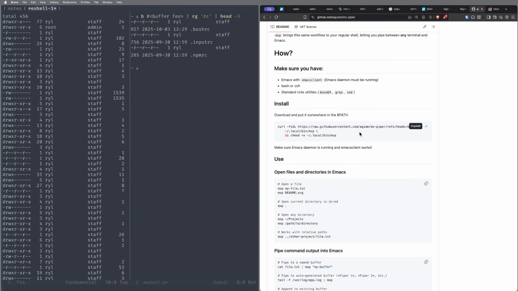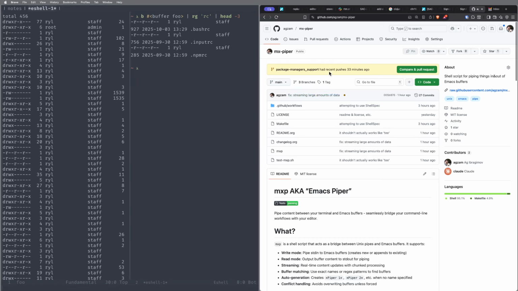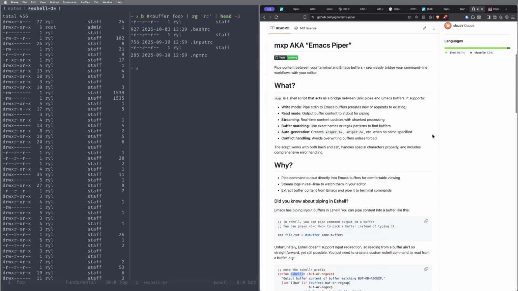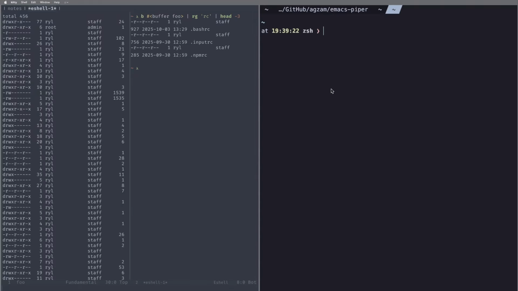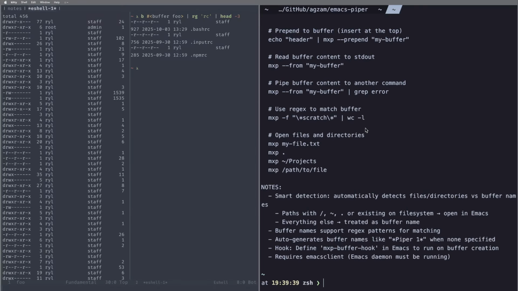I already have it installed. Right now this is just a script. I'm trying to figure out the package manager support and all that. It's in a branch, but for now you can just install it like this. I have already installed it, but I can run it again. It just has to be on the path. So if I run it with no input provided, and then if I do help, all right,